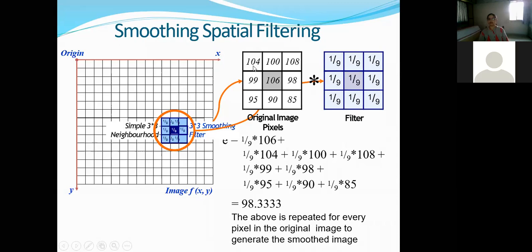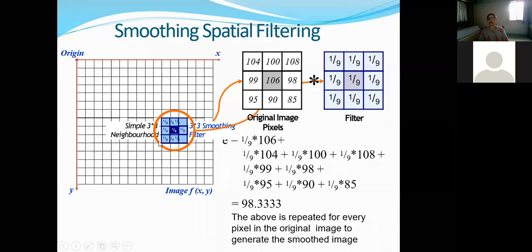First, the central pixel is shown, 106 multiplied by 1/9, and then all the neighbors are mentioned here. This is your first neighbor, 104 multiplied by 1/9, then 100 multiplied by 1/9, and similarly we multiply every pixel value with 1/9. Then we add all these products, and we get the resultant value as 98.33.